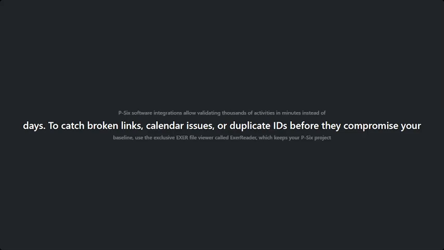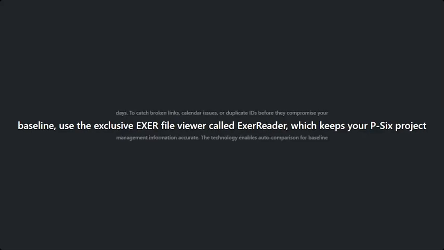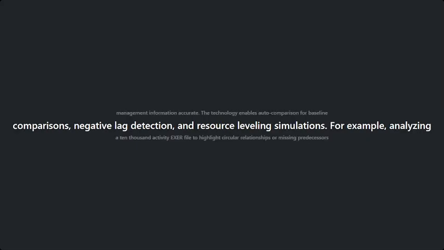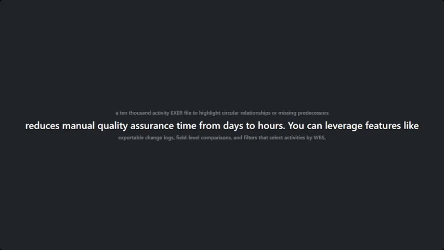Technology enables auto comparisons in baseline comparison, negative lag detection, and resource leveling simulation. For example, analyzing a 10,000 activity XER file to highlight circular relationships or missing predecessors reduces manual quality assurance time from days to hours. You can take advantage of functionalities, including exportable change logs, comparisons at the field level, and filters that allow activities to be selected according to WBS, EPS, or cost codes, so that problems are addressed ahead